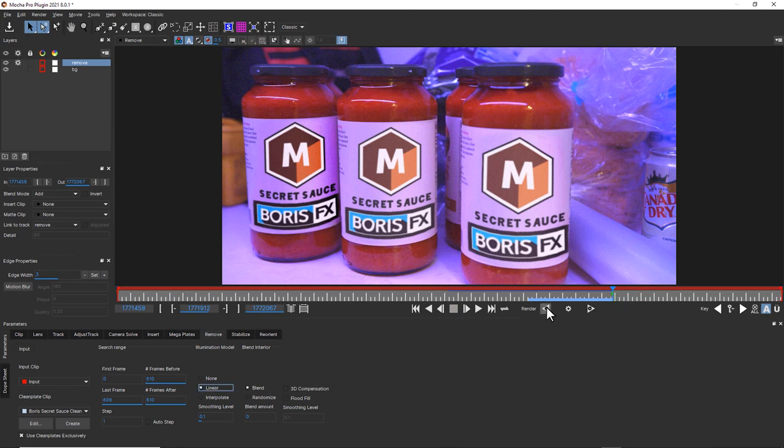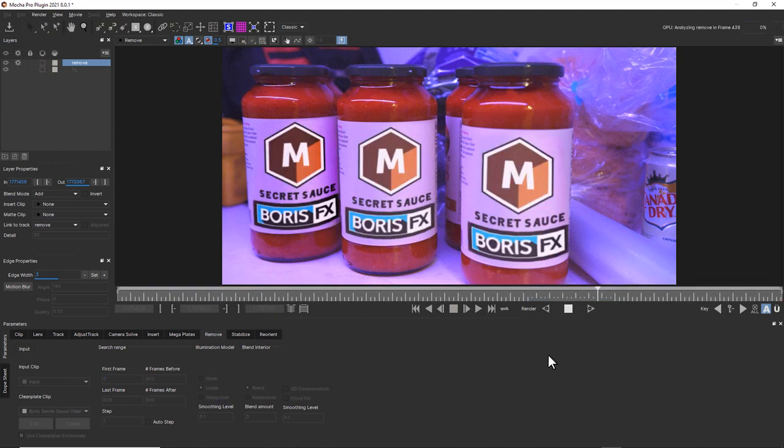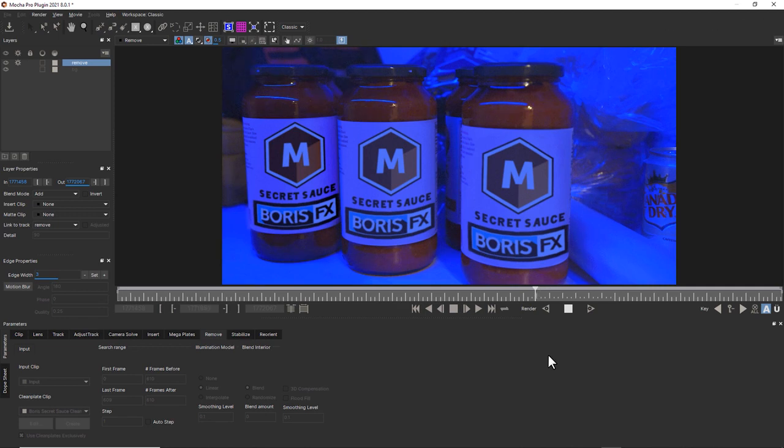So I'm going to pick linear. And not only is this faster, it's going to look better when we start to hit those blue and red lighting changes. The reason for that is I don't want to contaminate my lighting changes based on my roto. So think of illumination modeling a lot like the heal tool in Photoshop. If you use it next to a dark color and you're trying to match a light color, it's going to pull that dark color into its calculation. So make sure that when you are placing your shapes for your removes, that you're being thoughtful about where your remove is being placed.